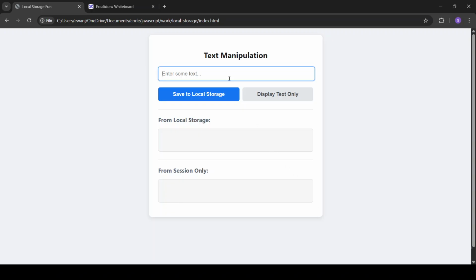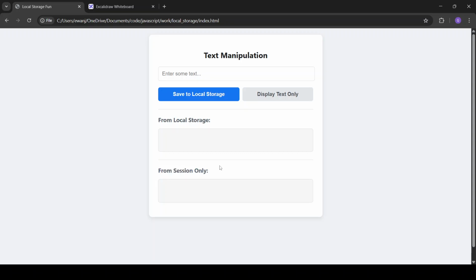So, here we have a website, a simple website, a little bit of CSS, took me hours. Don't ask why, I'm not really good with CSS. But let's just say we want to store a value, say web. We store the value. Now we have it in our session as a variable name, but now I reload it